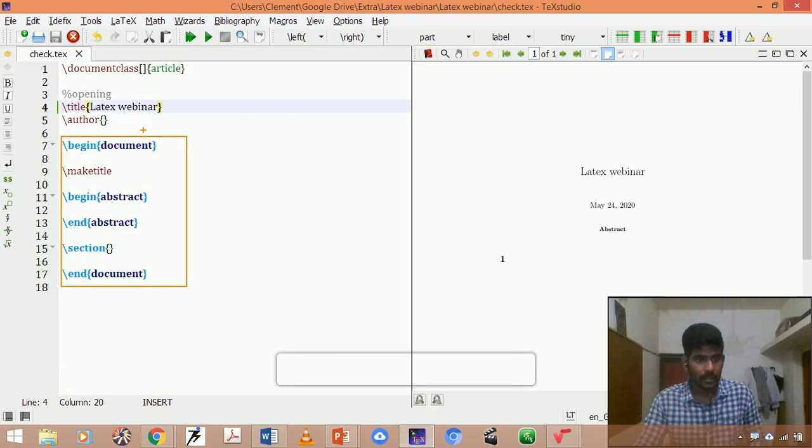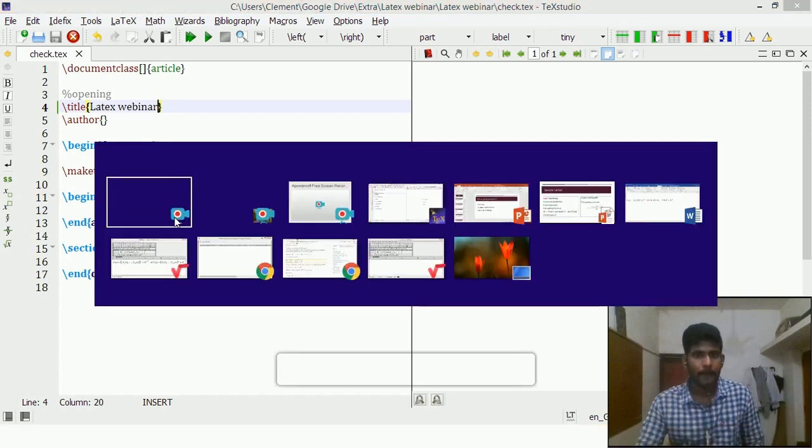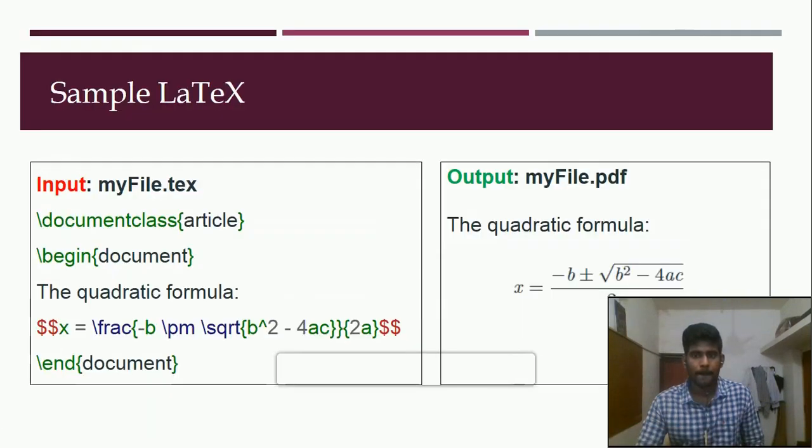Okay, I just wanted to go back to the presentation slides. Here I am simply going to copy this sample LaTeX.